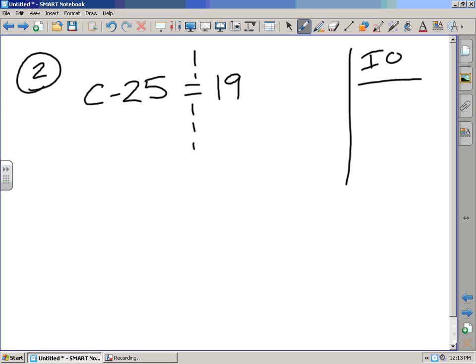And the operation that is going on between the variable and the number is subtraction. The inverse operation of subtraction is addition. And